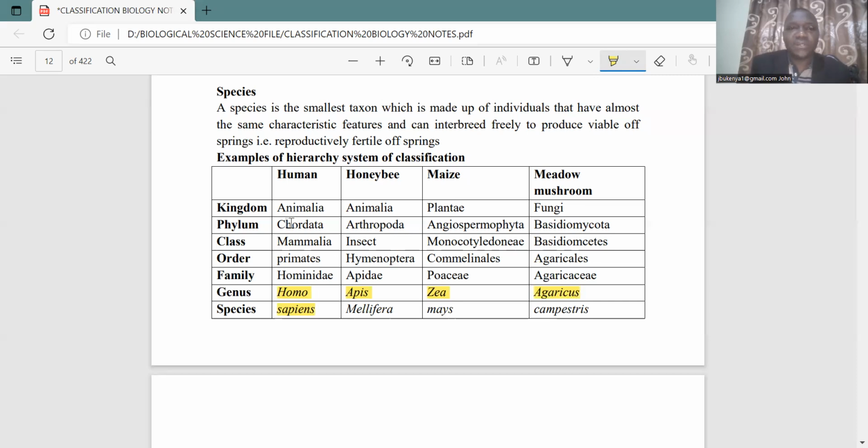Then when we come to the species name, sapiens, that is a species name, but it begins with a small letter. Now this is a mistake. It should be small m, mellifera for honeybee. Small m, mays, for the maize. Small c, campestris, for the mushroom. So that is what I want to emphasize, is that when we are